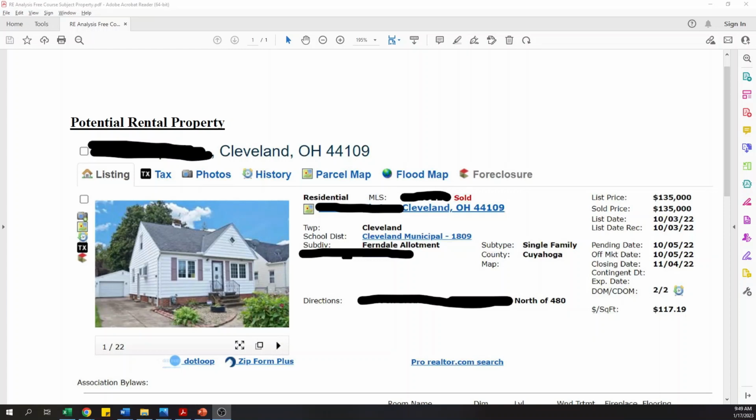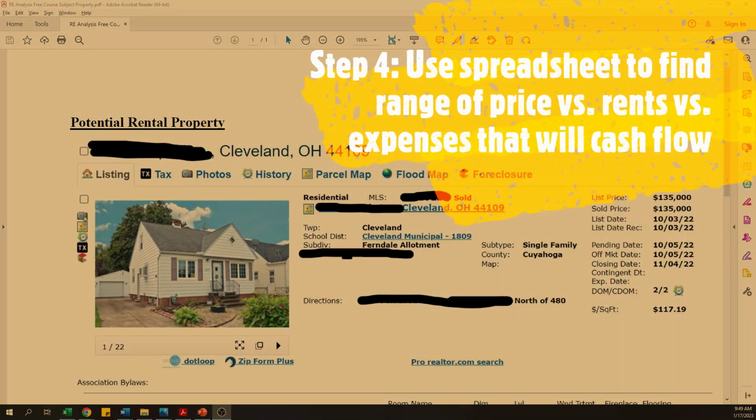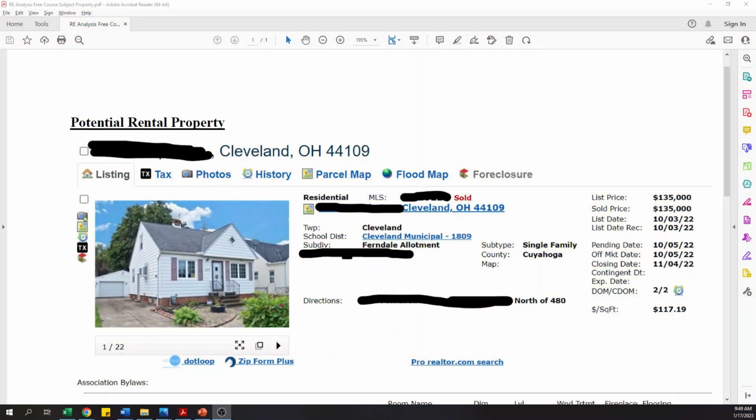I kind of skipped over step 3, figure out rents, but I'm just going to plug these in and leave it up to you guys to use Zillow or Craigslist or call a management company. So step 4, we're going to use a spreadsheet to find a range of price versus rents versus expenses that will cash flow. All that really means is we're going to type in the inputs from the listing right here